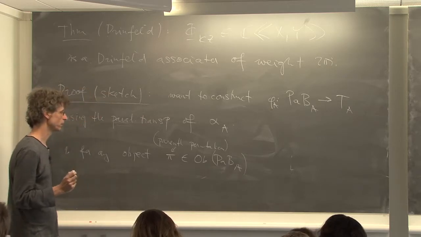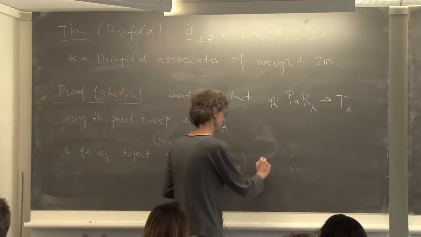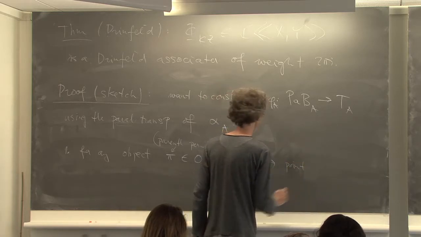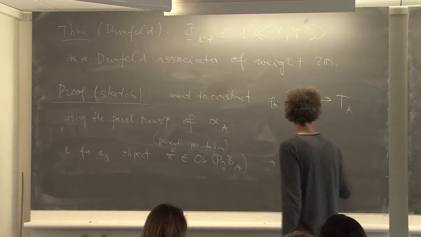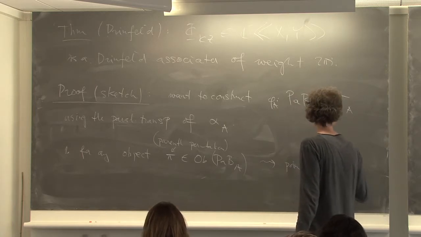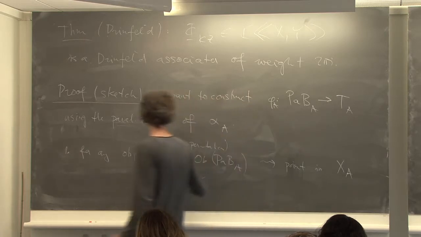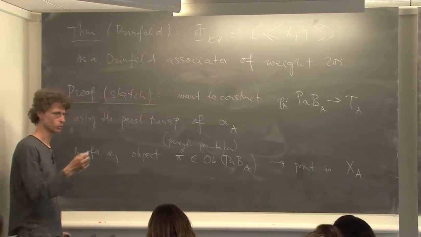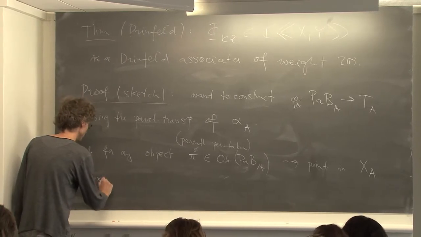So for anything like that, I'll assign some point in this XA. And how is it done? Let me show you just an example, and that should be enough. So, example,